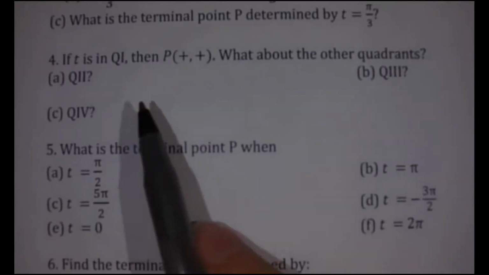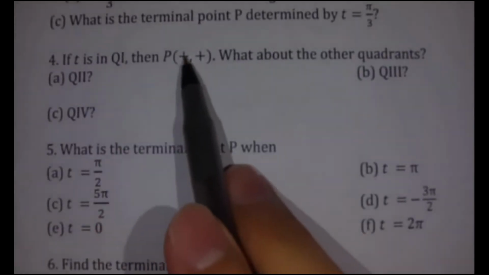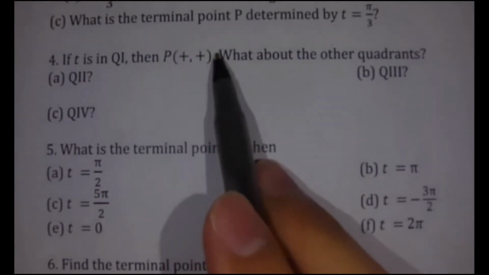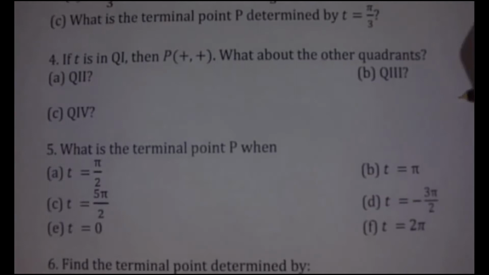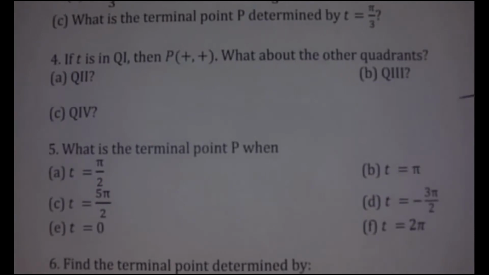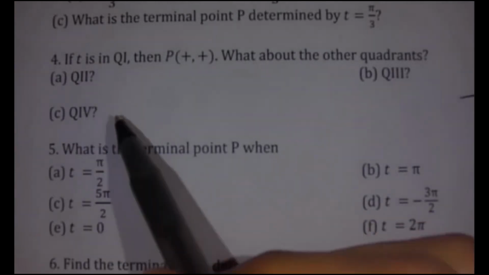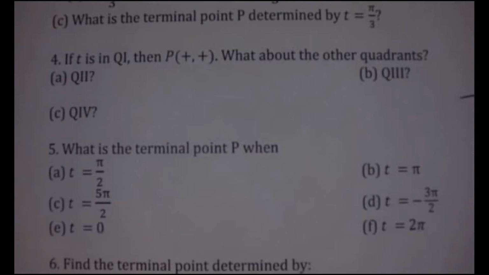All right, so it says if t is in quadrant 1, then the coordinates are both positive, right? And then we have to determine the other quadrants. So quadrant 1 is here, so both the x and y coordinates are positive. For quadrant 2, here you can see that the x-coordinate is going to be negative, but the y-coordinate is going to be positive,